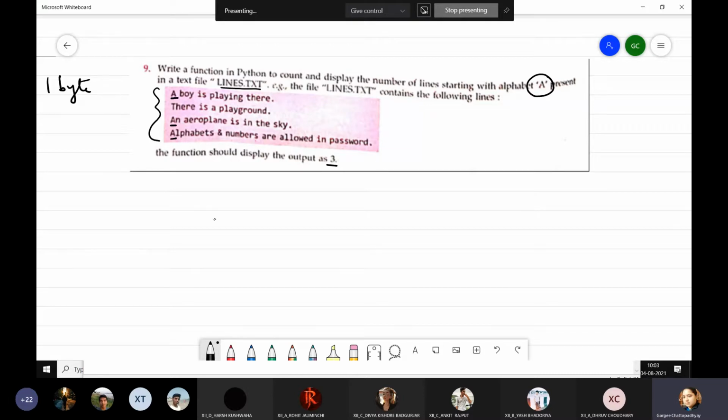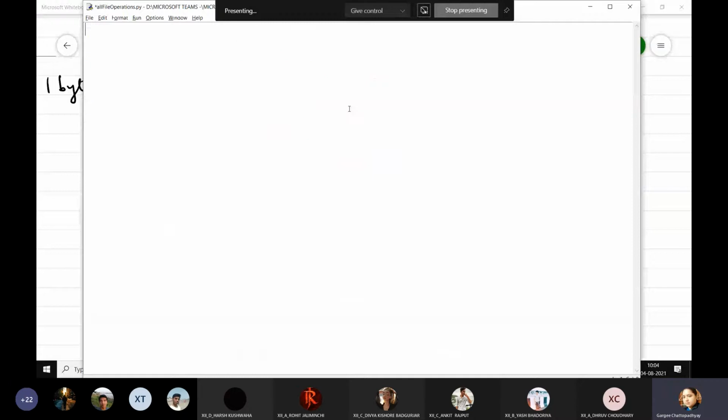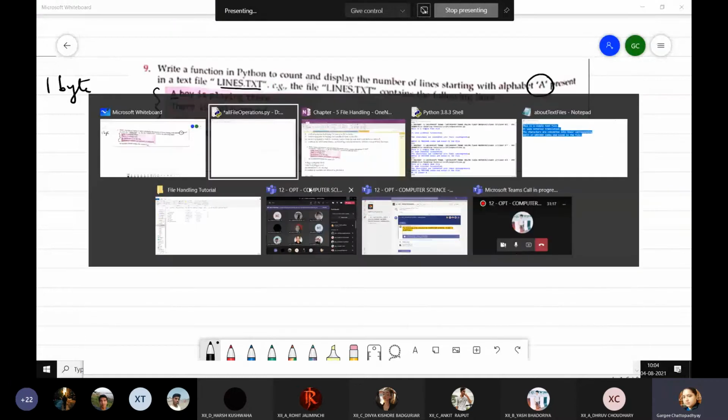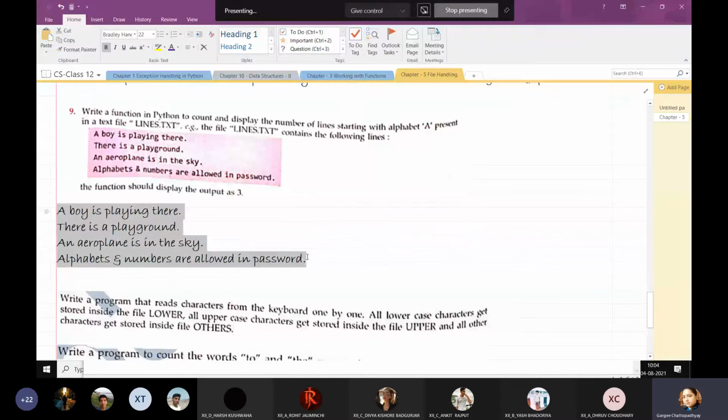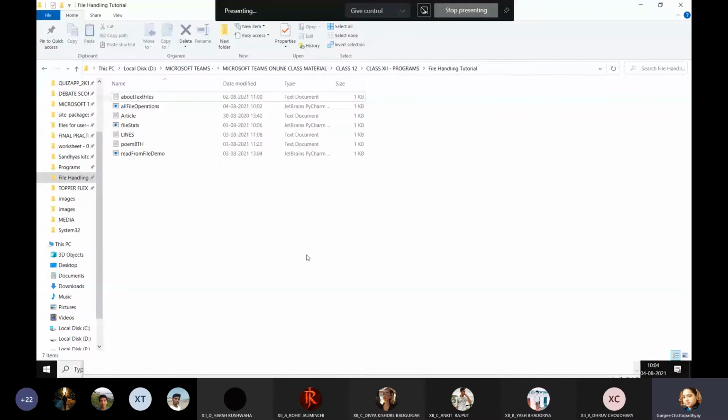So how are you going to do this? First of all, we are going to open the file. We are going to create the file, right? To save time, I have already typed these lines over here. So I'm just going to copy these lines, come back to my folder, because in order to do this program, it is important that the folder is already there. The file is already there.